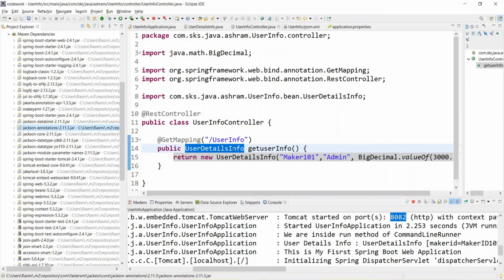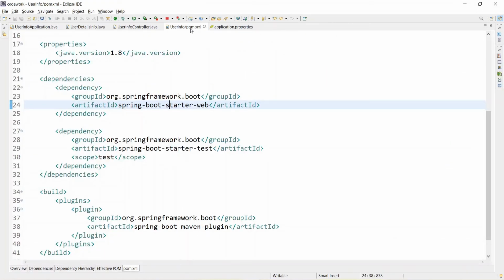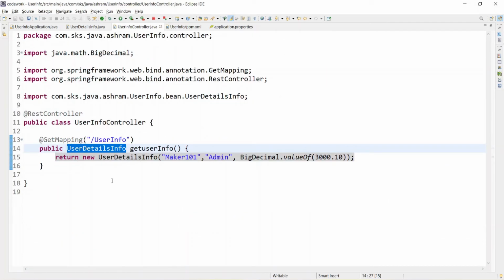You don't need to create a JSON object and convert the object yourself. Spring Boot will do it for you, and you need to focus only on the business logic, right? That's what we are doing over here. We are not bothering about how the data needs to be converted into the JSON format. All of this is taken care of by Spring Boot. We are just adding the annotation and you are getting the output over here. This is the beauty of Spring Boot. So that's all for this step. See you in the next step. Bye bye.